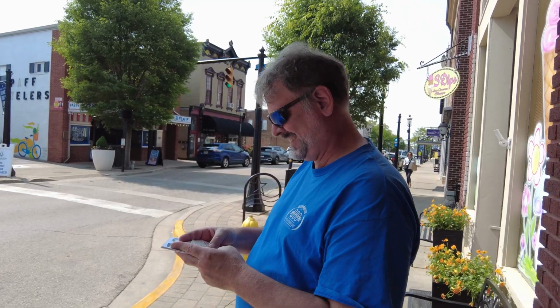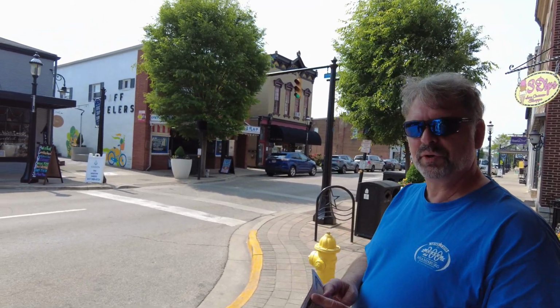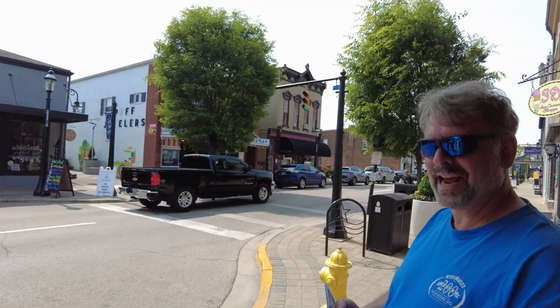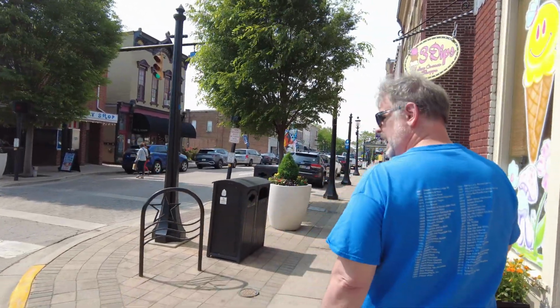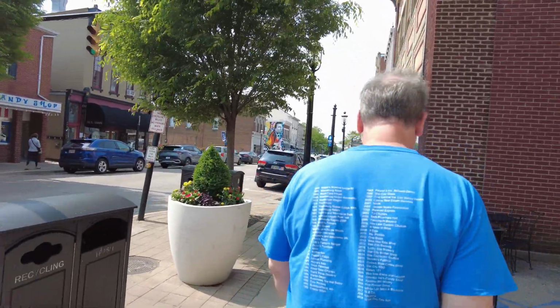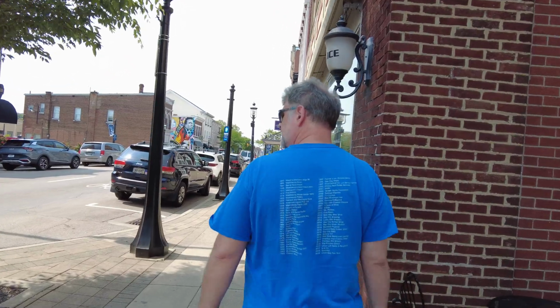Next to that is one of the two Stocker buildings, and that's S-T-O-C-K, not S-T-A-L-K. And yes, Andrew Stocker. He was a 3-time mayor of Miamisburg. Furniture business,